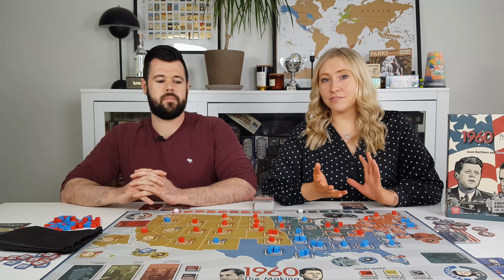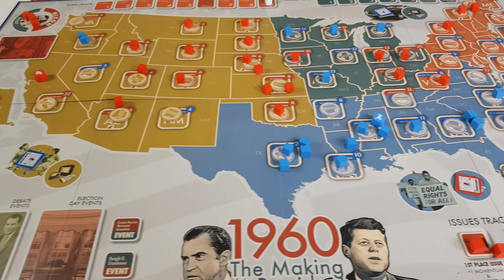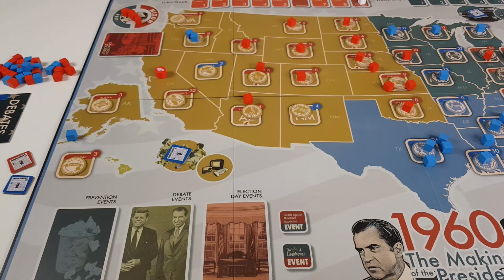Second to this, the states can change hands so quickly and the board state be altered so thoroughly by a single card that you don't really get too attached to any of the locations. In other games of this genre, losing control of a single space can have massive repercussions and you really feel that hit. In 1960, there's more of a swashbuckling vibe. Who's ahead at any one moment can swing wildly from round to round. And we've seen players be in positions that are seemingly untenable, bounce back and win, which is something that likely wouldn't happen in Twilight Struggle or Imperial Struggle.